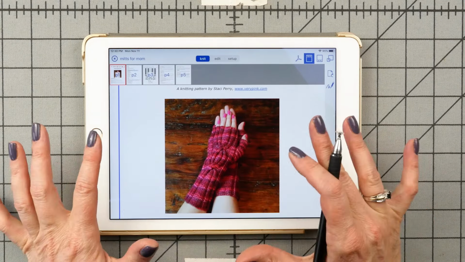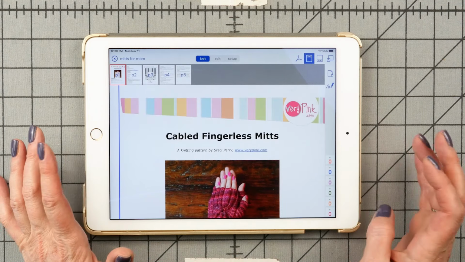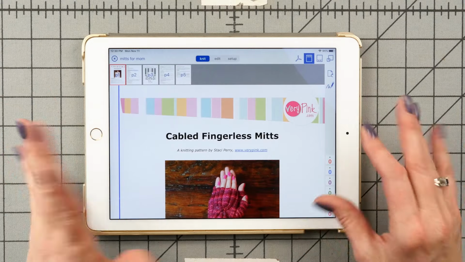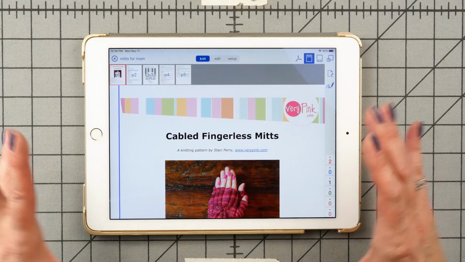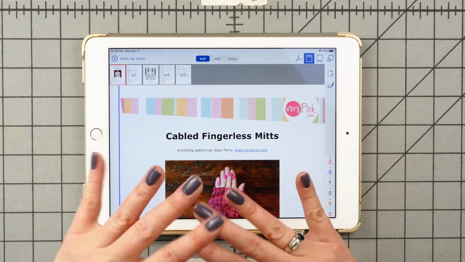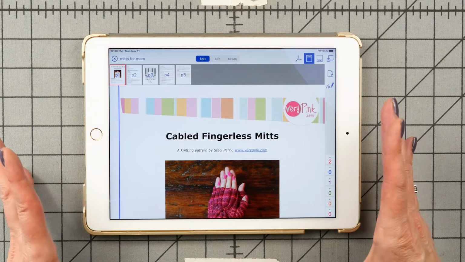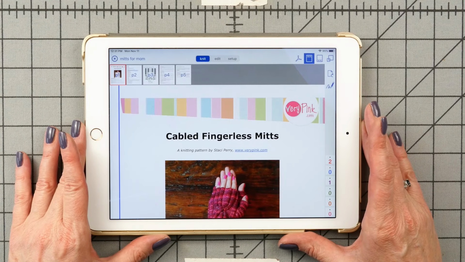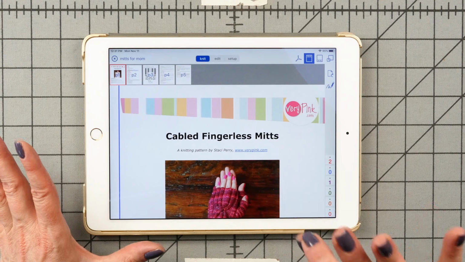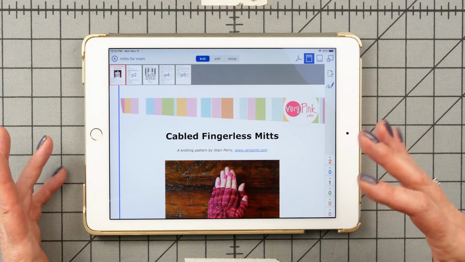Those are the basic tools that I'm using all the time in this software and really enjoying using it and switching between different patterns really easily. All of my places, my count, my marker, everything is set. This is the easy way to use it, the most basic features, but there are a ton of features in here that I haven't even got to, but if you want to completely customize your patterns, there's features to tap